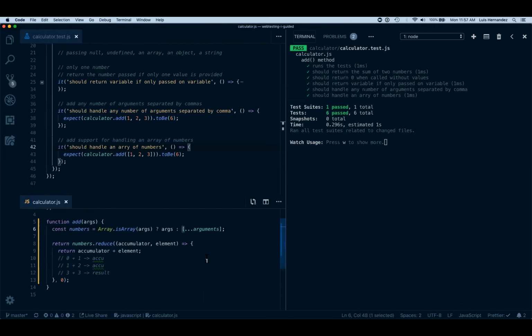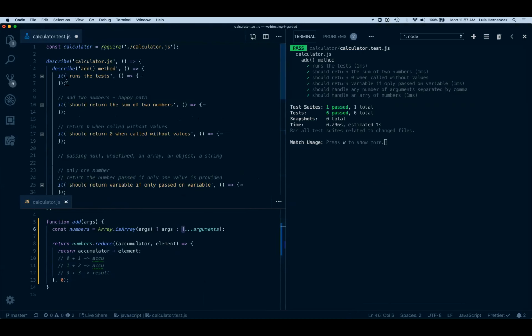Questions so far? This is the simplest way of writing unit tests. Writing unit tests against pure functions, where you can always pass different arguments and you're always going to get the same result back. It's not always this pretty, okay? But this is a good start. So what I'm going to do now is show you something that you're going to need for today in the afternoon. And that is, if I write a test like this one,